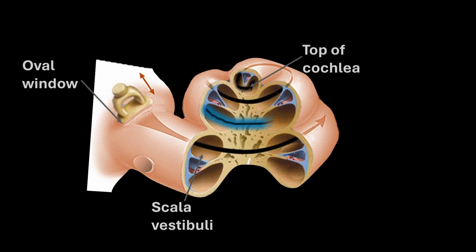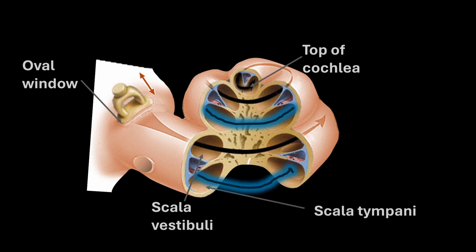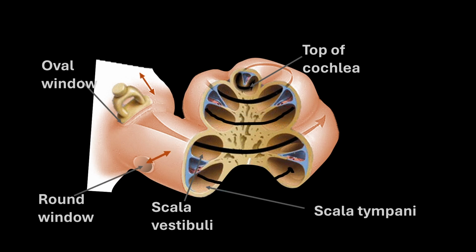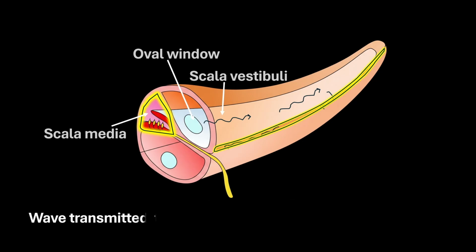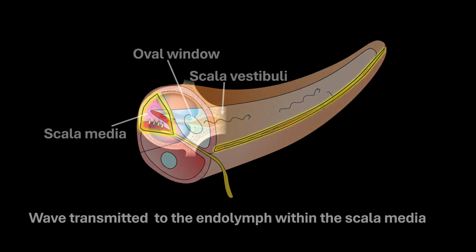and then passes into another channel. From there, it returns back towards the base through the Scala tympani. At the base, there is another opening called the round window, which moves outward to allow the fluid to move freely. Without this, the fluid wouldn't be able to move at all. As the wave moves forward, it is transmitted to the endolymph within the Scala media as well. Now, inside the Scala media,